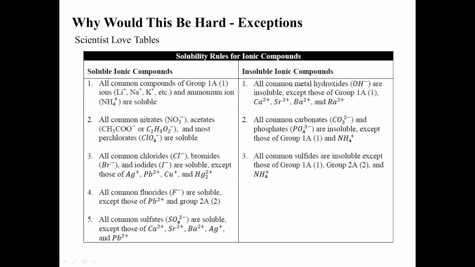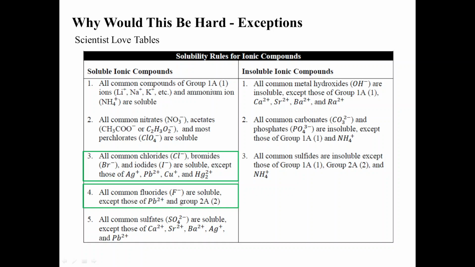Now, there is a table that goes through solubility rules. Generally, when we talk about solubility rules, this is in reference to water, so whether these things are going to be soluble in water or not. Pretty much all of the elements on the far left column are going to be soluble. Anything that has a nitrate, acetate, or perchlorate is generally soluble. And then we have the halogens, the chlorides, bromides, iodides, and fluorides, which are going to be soluble with a few